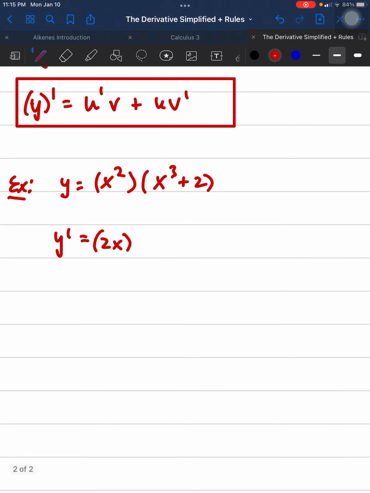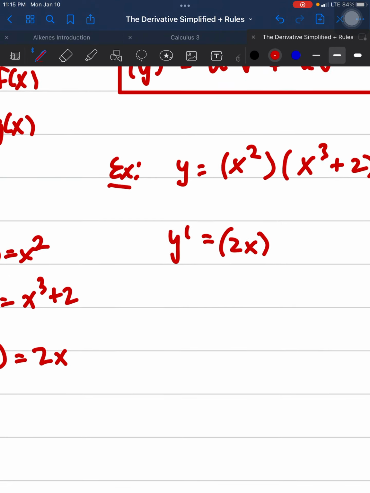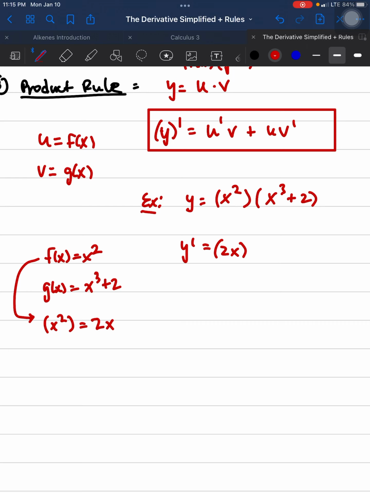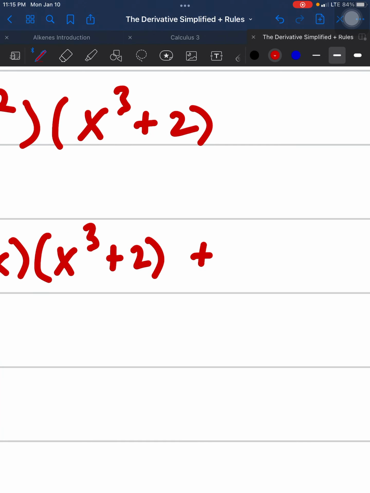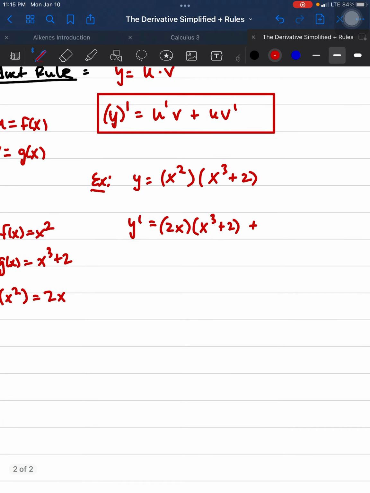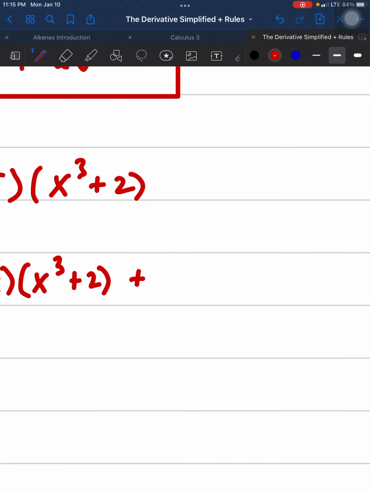Now, the next step says to multiply the derivative of f of x with v, which is g of x. But we don't take the derivative of it, we just leave it as it is. So right here, we just plug in x cubed plus 2, because that's what g of x is. Now, the next step says to multiply f of x times the derivative of g of x. So we're not taking the derivative of f of x this time, we're taking the derivative of g of x. So f of x is just x squared,